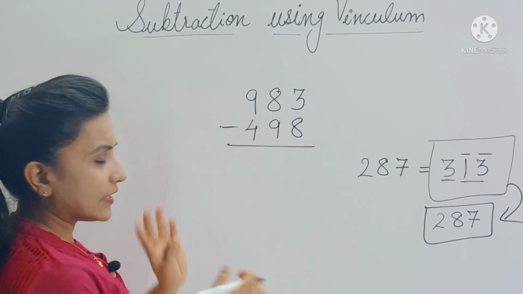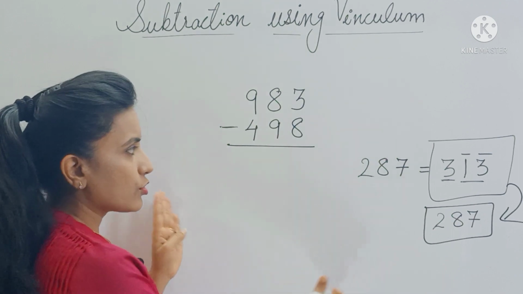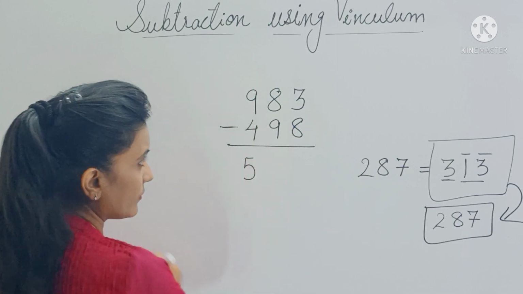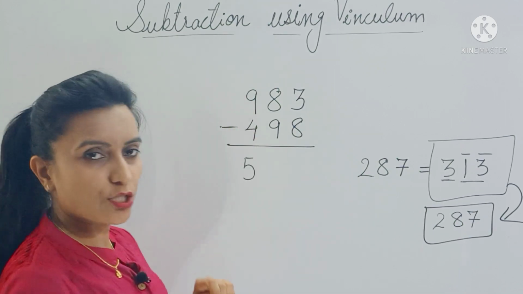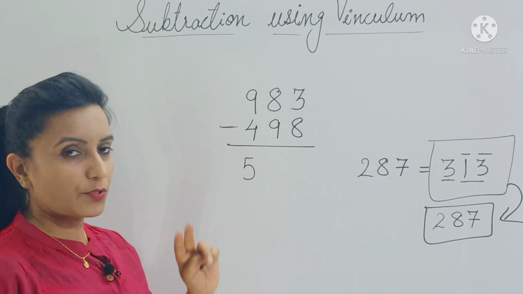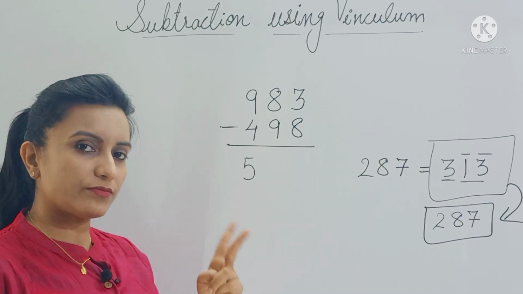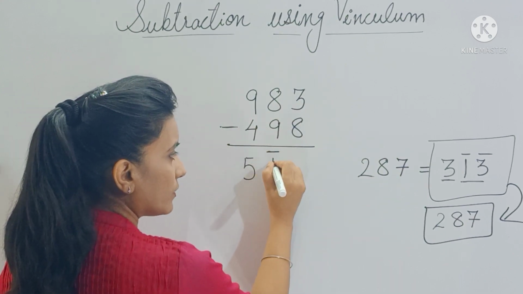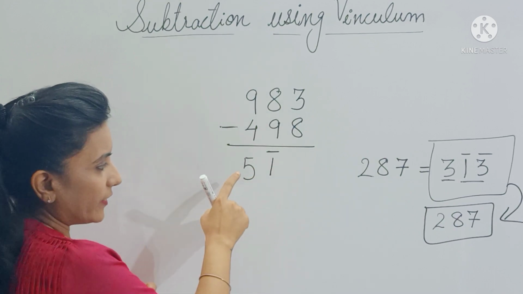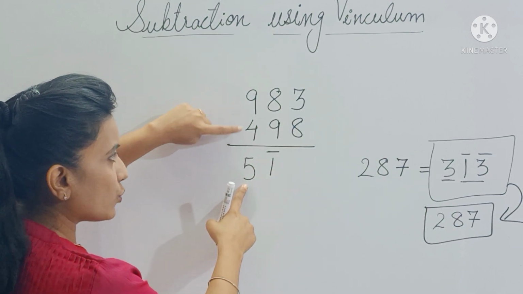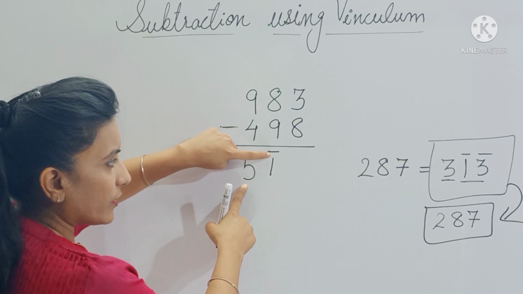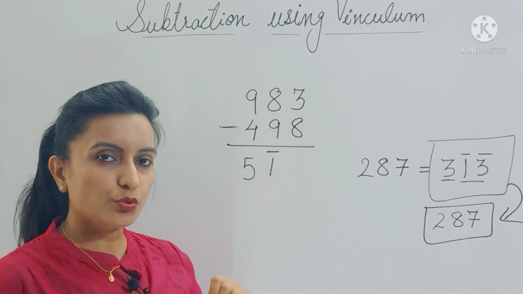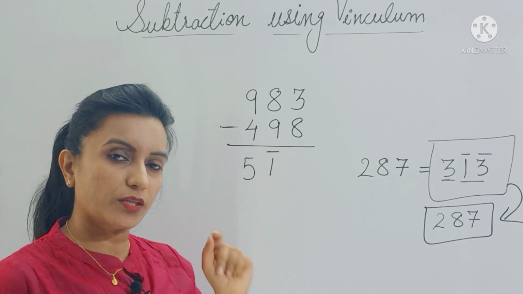So here we can subtract from any side, from left or right. So let's subtract from left. Okay. So 9 minus 4 is 5. Now here 8 minus 9 is not possible, right? So whenever the subtraction is not possible, you have to do reverse subtraction. So 9 minus 8 will be 1 and you have to put a bar on it, right? See here I did not put a bar. Why? Because here the subtraction was possible, right? Here I am putting a bar because subtraction is not possible. So whenever subtraction is not possible, do the reverse subtraction and put a bar on that digit.